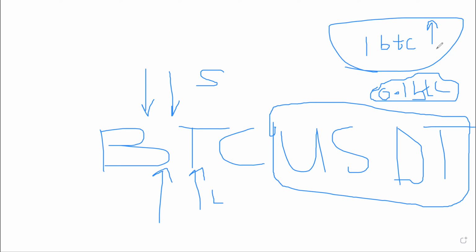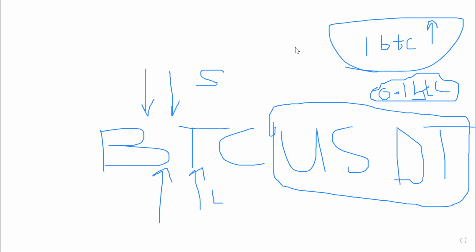If your prediction is up and it goes up, your profit goes up. But if your prediction is up and it is going down, you'll be in loss. On the other hand, if your prediction is down and it is going up, you'll be in loss. But if your prediction is down and it is going down, you'll be in profit. So this is position size. I think this is clear.